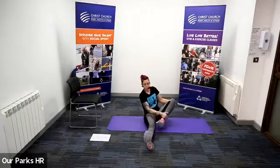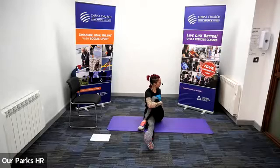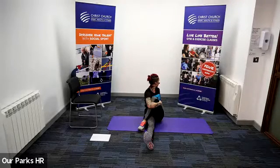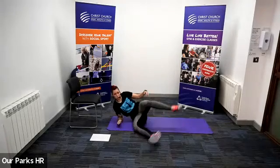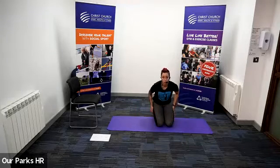Good, come up, foot across, squeeze the knee, turn round, and then as I said, try and bring that back shoulder away and down, and then if you can, look over that shoulder, get a little deeper twist going on. Good, relax there. Whip those feet behind you, onto your knees, tuck your toes under, roll yourself back and into